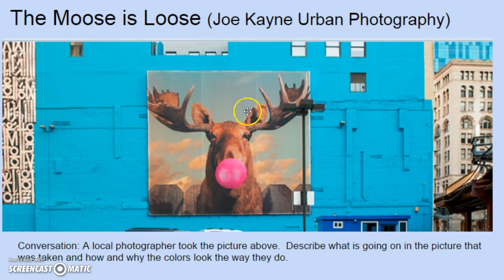And here's the last little part for you. I found this picture from a friend of mine who does professional urban photography. A local photographer took this picture. I call it the moose is loose. Describe what is going on in the picture and how and why the colors look the way they do. It's a really cool urban picture that I think you can have some fun with. So have a parent, a guardian, or somebody around, maybe even a student from class, and check out what's going on with the bubble gum